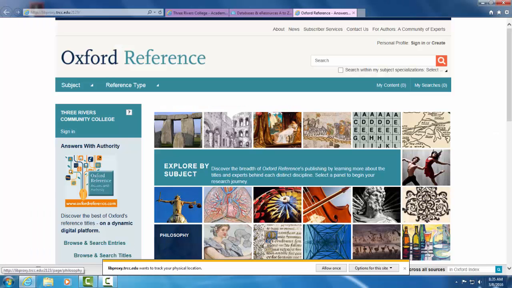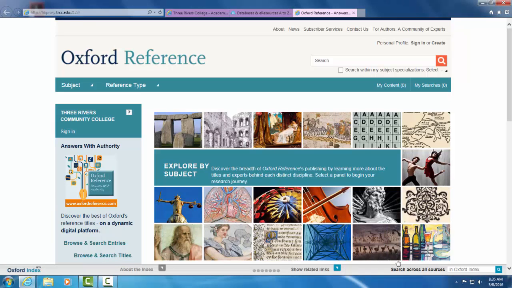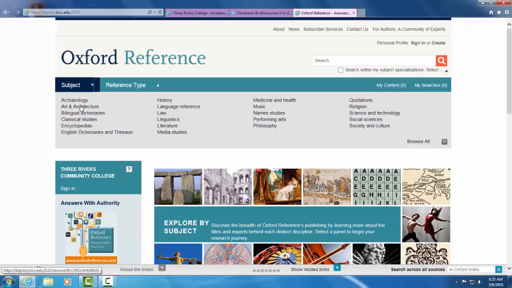There are several different good ways that you can search this database. First of all, you can simply click in the search box located on the top right-hand column of the page and type in whatever person or topic or subject you wish to search. You can also search by subject. If you click on subject, it shows you all the different subjects that you can search. If you know that you're trying to do a study in literature, there's a subject for literature. If you're doing a study in philosophy, there's a section for philosophy, as well as quotations, religion, science and technology,